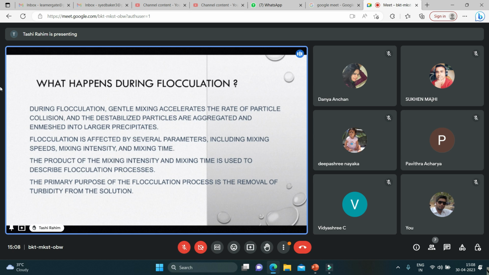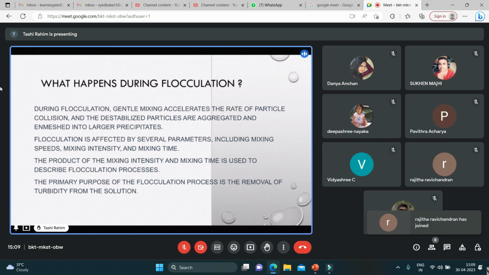Now, the flocculation process is affected by several parameters such as the speed of the mixing, the intensity of the mixing, and the time taken for mixing the solution. So the product of mixing intensity and mixing time is used to describe this. The primary purpose of this flocculation process is actually the removal of the